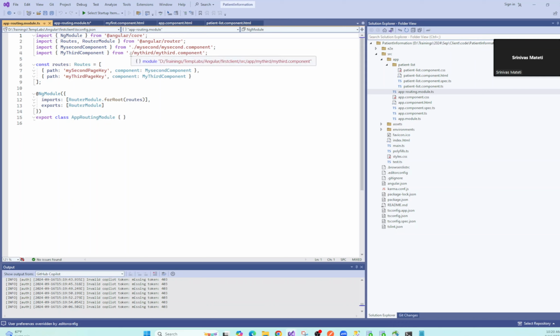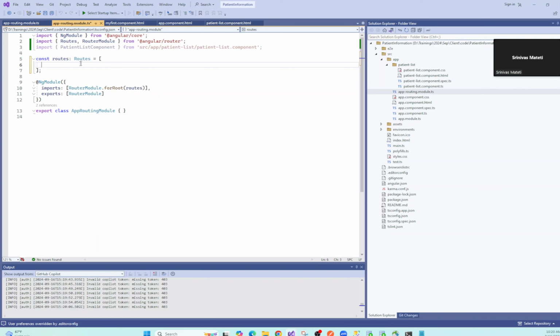Yeah, directly you should get this one if you are doing it okay. So path equal to some key and component equal to your component. So path equal to